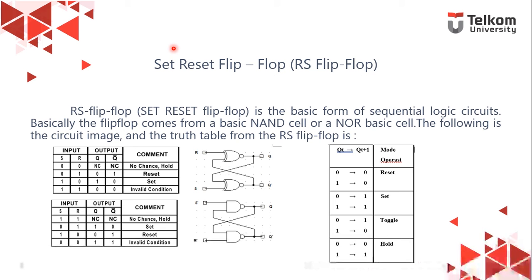The first one is the set reset flip-flop. Set reset is the basic form of a sequential logic circuit. Basically, the flip-flop comes from a basic NAND cell or a XNOR basic cell. Following is the circuit image and the truth table of the set reset flip-flop. This one is the XNOR flip-flop, which has a truth table like this, and the second is NAND, which has a truth table